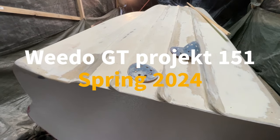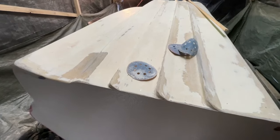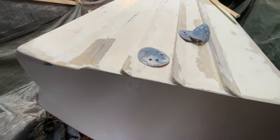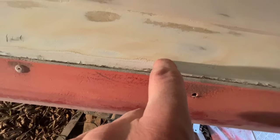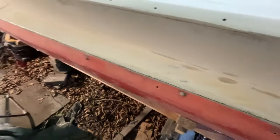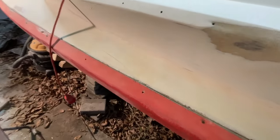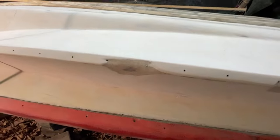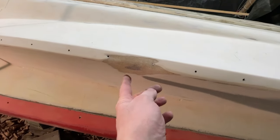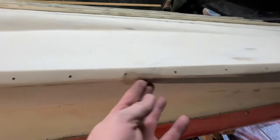So, finally, I'm past grinding most of the paint off. I still need to trim off this edge here, but anyway, I also have some funny thing with the gel coat, original gel coat actually, down here in the corners. I find some marks here I need to repair a bit on the fin,